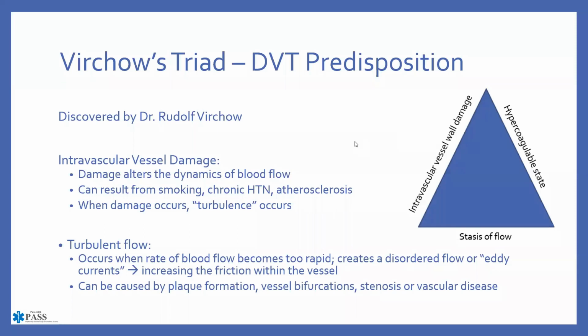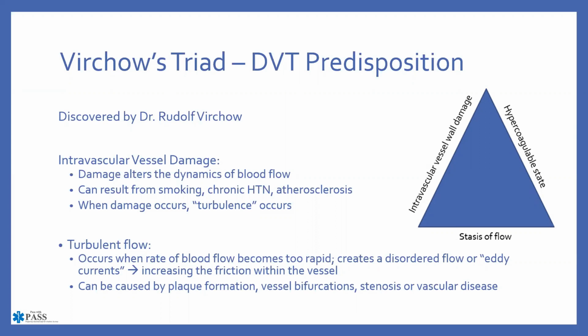All right, so that intravascular vessel damage is going to create that turbulence, and for the firefighters, it's going to end up causing friction loss. It's also going to cause problems inside of your vessels, and that is what's going to happen here with this intravascular vessel damage. So this can result from smoking, chronic hypertension, atherosclerosis, and all of those other things that end up leading us down the path